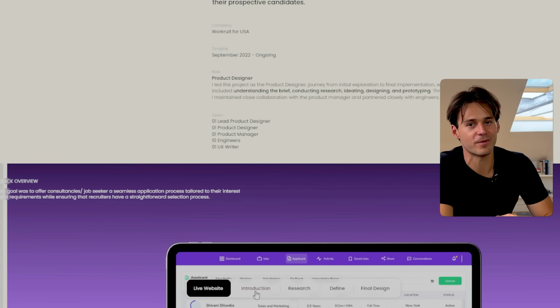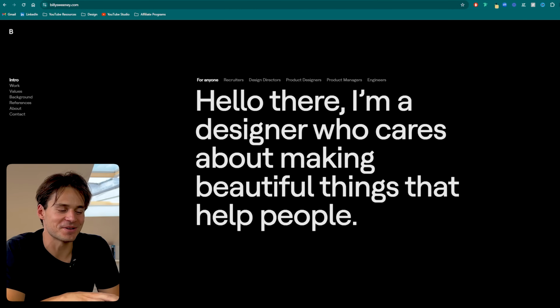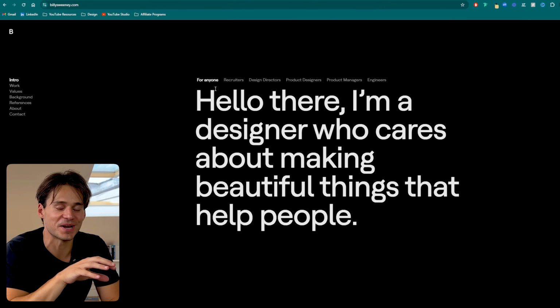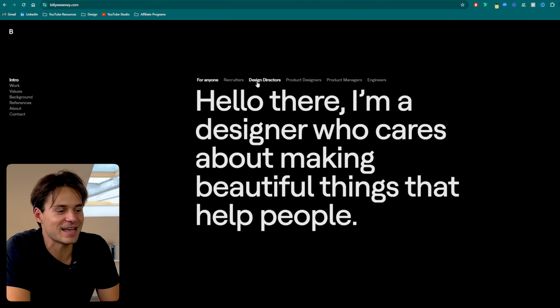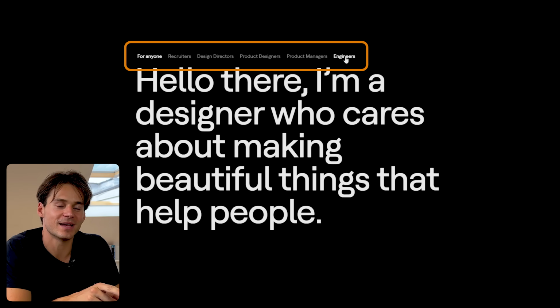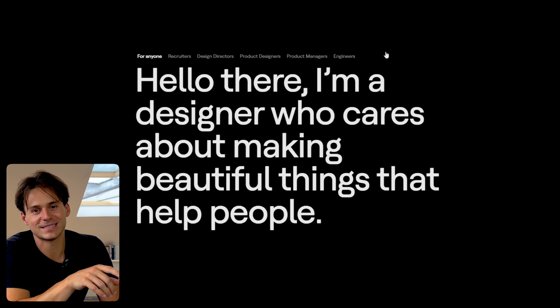Portfolio number 4, Billy Sweeney. Now this one is on a similar vein to the first couple portfolios we looked at in that it's very scaled back, but something that Billy has done that I think is brilliant and that I would highly encourage you guys to try to do in your own portfolios is he's tailored his welcome message depending on the user that lands on his website. Like Ram's portfolio, this showcases that Billy understands how important it is to cater to users' needs,